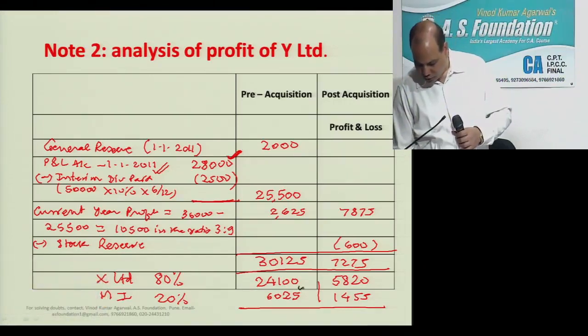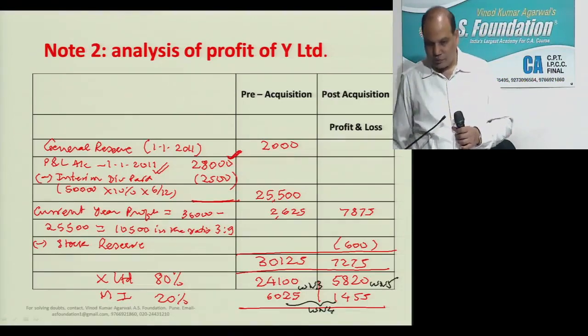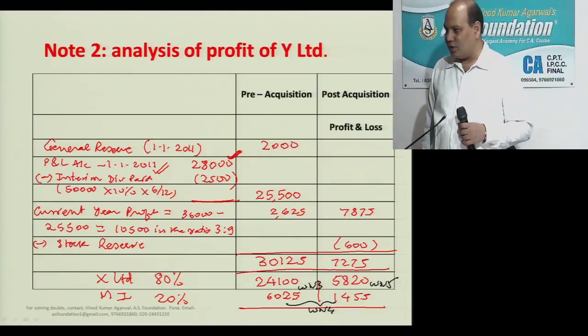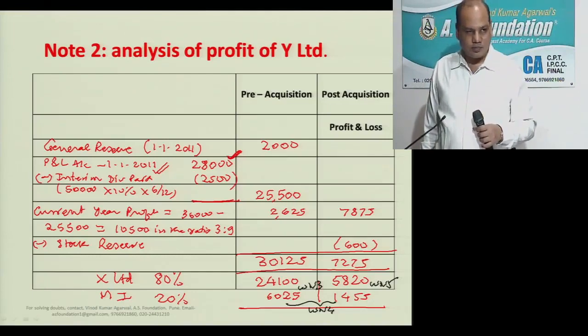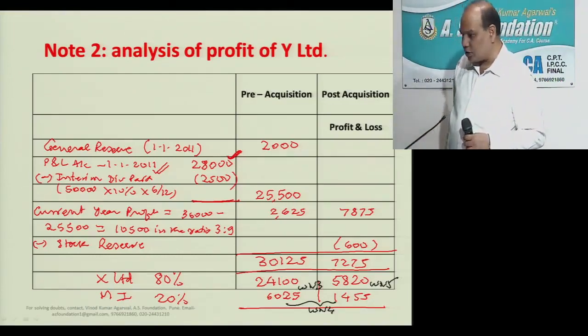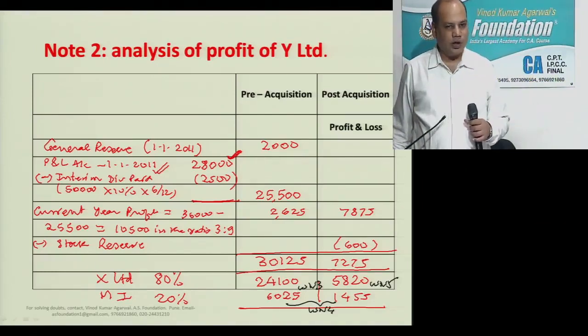Now this figure goes to working note 3. This figure to working note 5. These two figures to working note 4. Same thing we will do every time. I have simplified it actually. The whole process is designed to simplify the answer. So what you do, dear student, kindly come to working note 3.